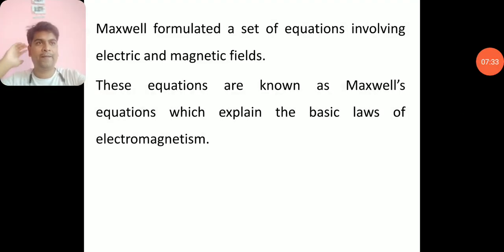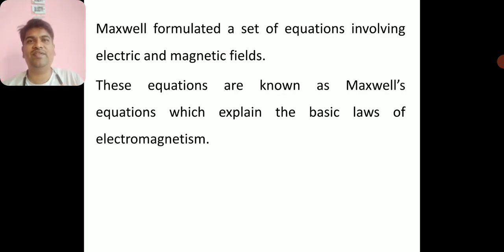The behavior of electric and magnetic fields is governed by these four sets of Maxwell's equations. So the current will produce a magnetic field and it also produces an electric field. Therefore, in a sense, these electric and magnetic fields coexist. Now we have a single topic which is called electromagnetism.